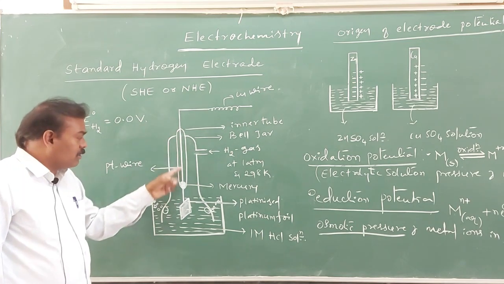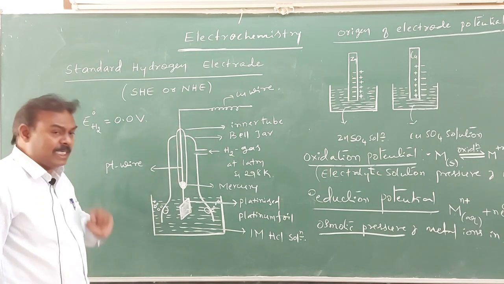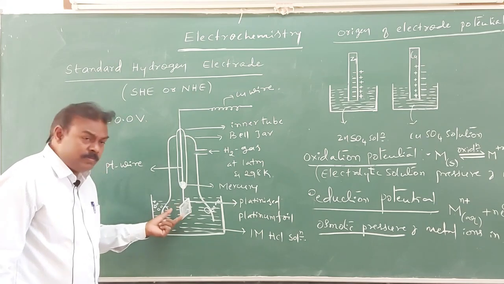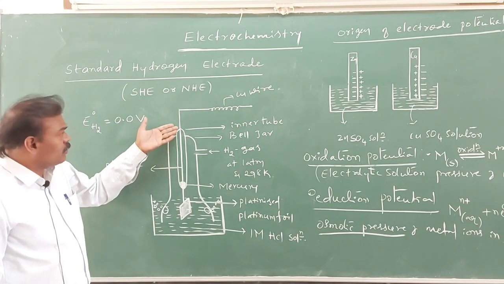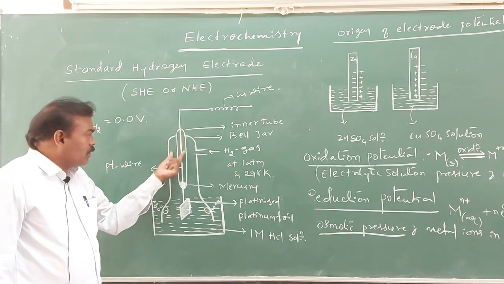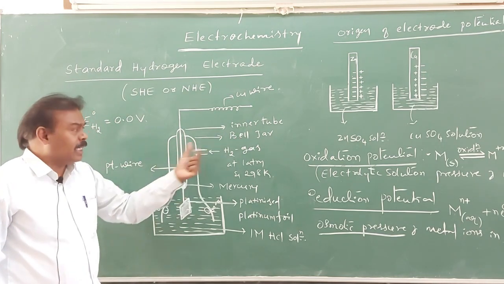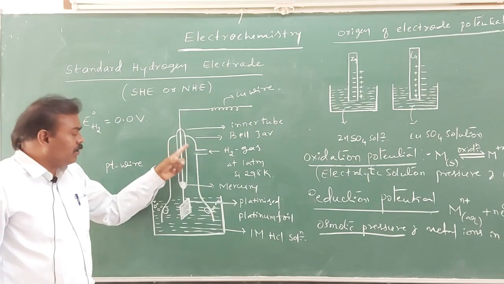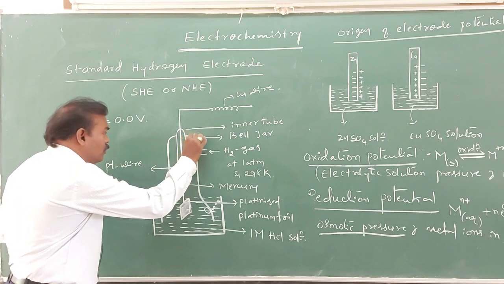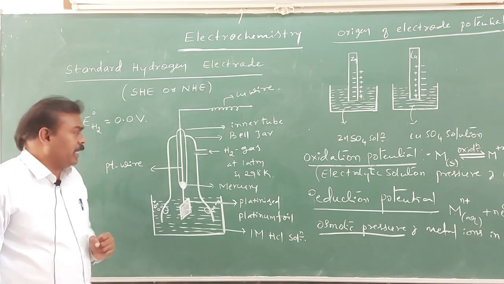Now this is the inner glass tube in which the platinum wire is sealed. That platinum wire contains the platinized platinum at one end, and it is also connected to the copper wire for better conductivity. And this total setup, the inner tube, is enclosed in a bell shaped jar, called the bell jar, or it may be called the outer jacket. This is the bell jar, also known as the outer jacket.